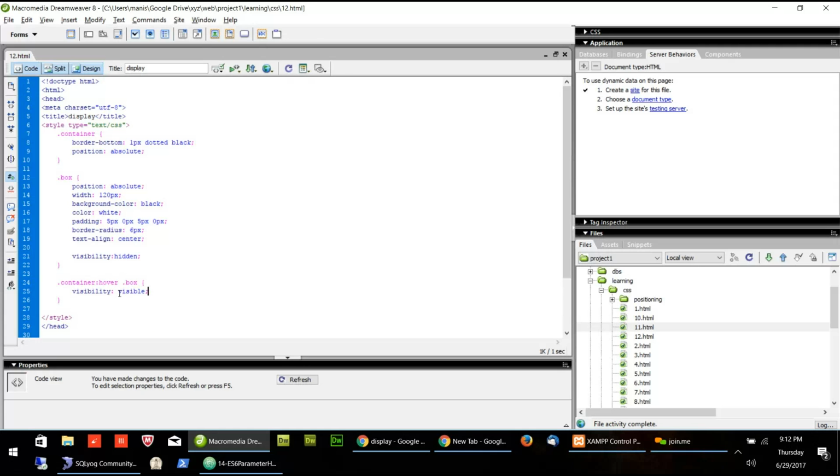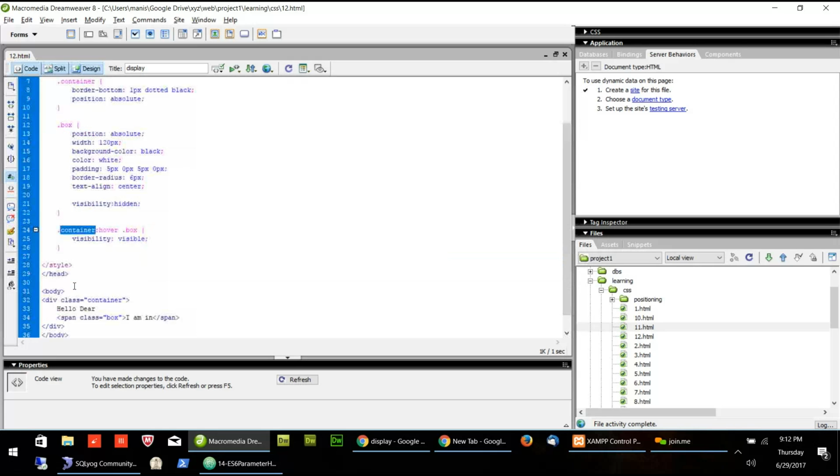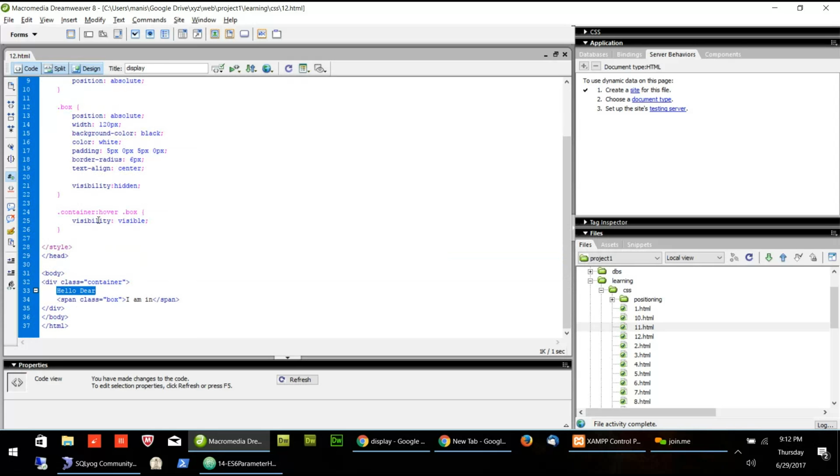So initially it is hidden, but when I take the mouse over the container, meaning "hello dear", then the box property, that is the box selector, should become visible. So initially this part is invisible. As soon as I